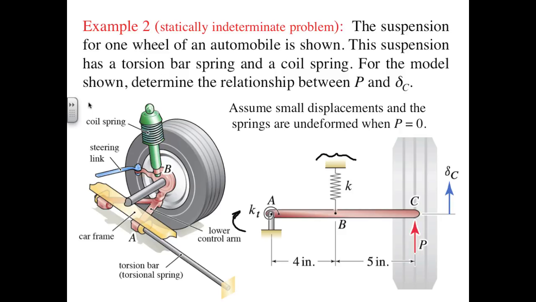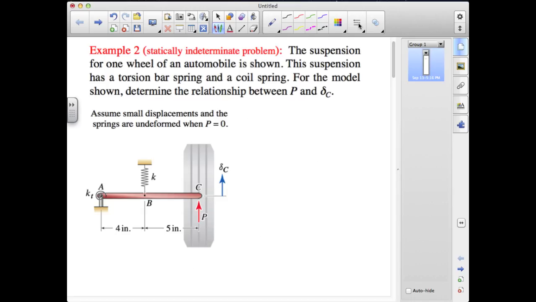to establish a relationship between the load P applied at the tire and the deflection delta C at that location. So our attention is going to be focused on this red element, which is a simple 2-dimensional model of this lower control arm. And so we're going to be isolating this like this, and our corresponding free body diagram will look like this. So at A, we're going to have